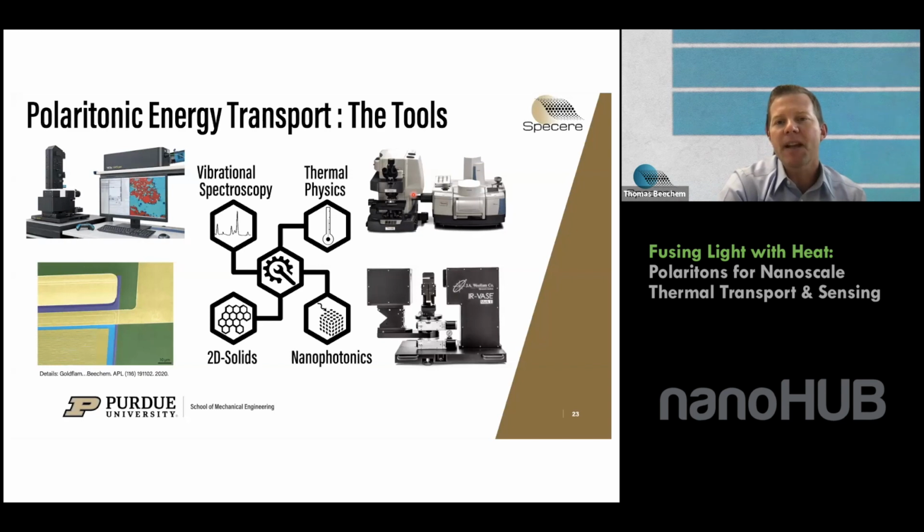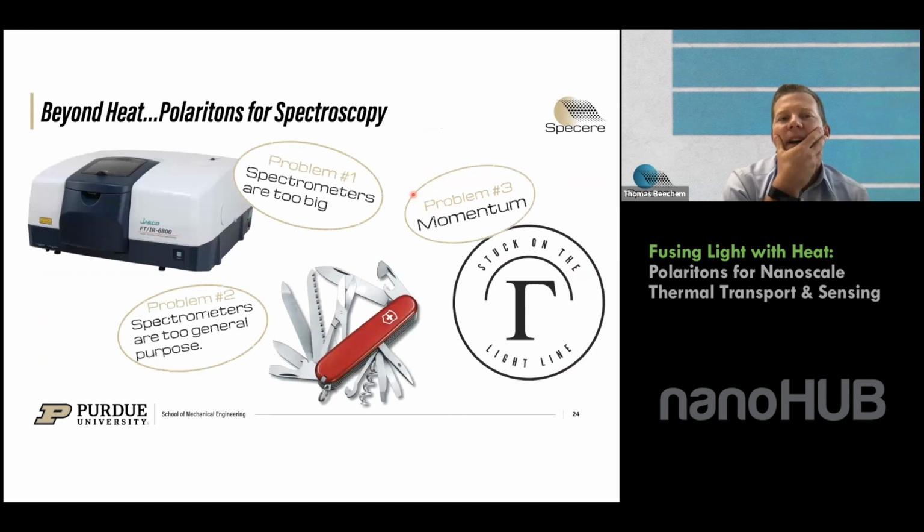And so, those are the toys, but also as I wrap up here, I want to discuss, you see a lot of spectrometers on here. And so that's the other thing that we'll be working on quite a bit in my group, which is really leveraging polaritons for spectroscopy and really trying to change the way that we do spectroscopy in general. So this is just a little vignette, but I really see three problems in spectroscopy. Number one, they're still the size of suitcases. Number two, they're general. We don't really make spectrometers for a single purpose because they're big and expensive. And then the third problem is